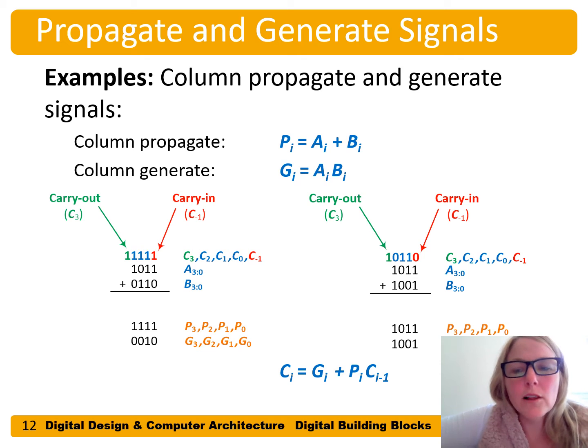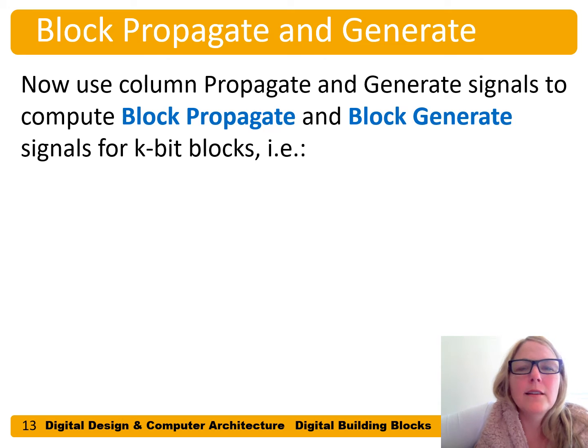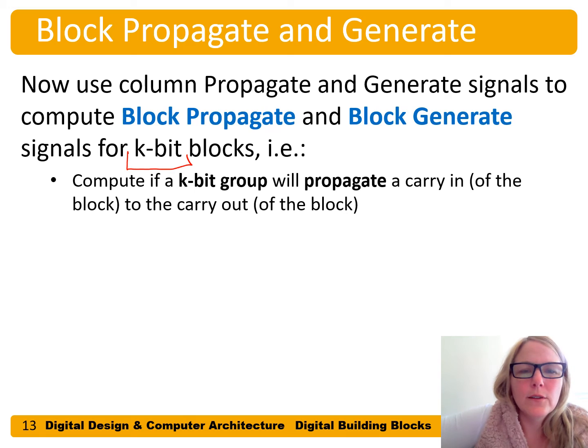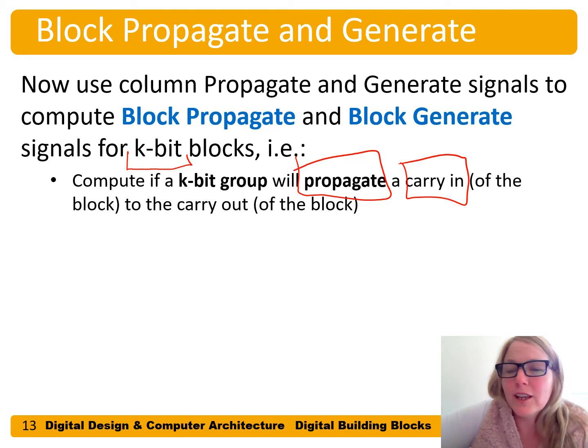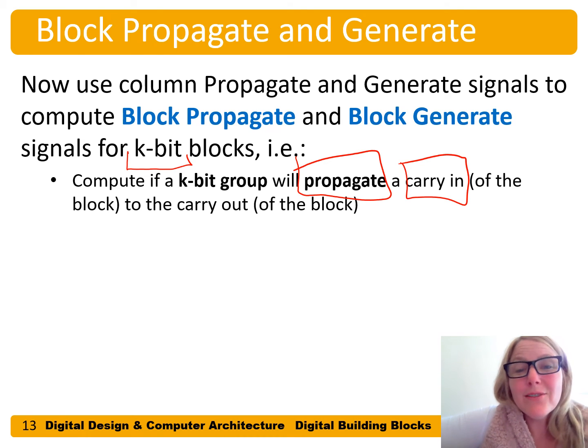Okay, so there are column propagates and generates. And now we're going to start looking at our block propagates and generates. So we're going to use our column propagate and generate signals to compute these block propagate and block generate signals for k-bit blocks. So we're going to compute if that k-bit group would propagate a carry in to the carry out if it gets a carry in. So if it had a carry in, would it propagate it to the carry out? We don't know if there's a carry in or not, but if it had a carry